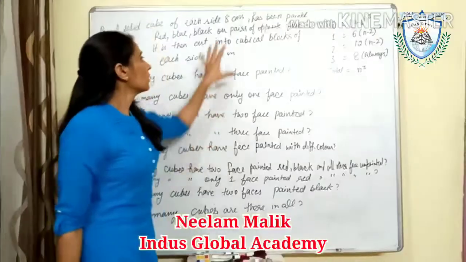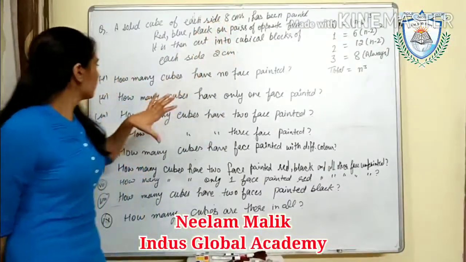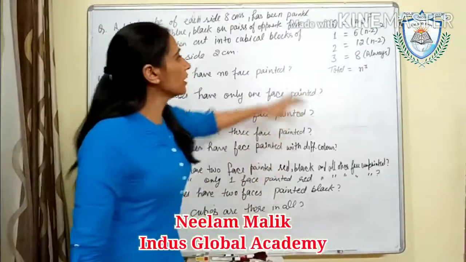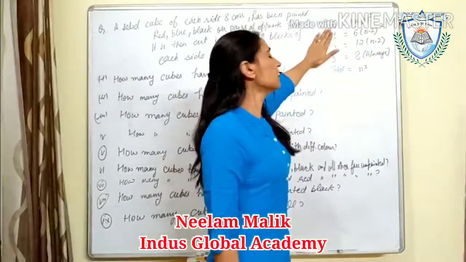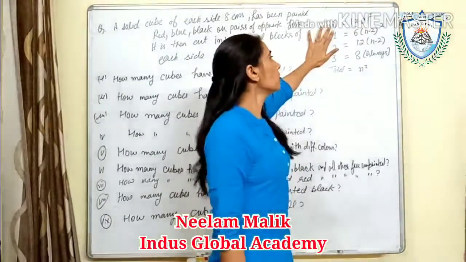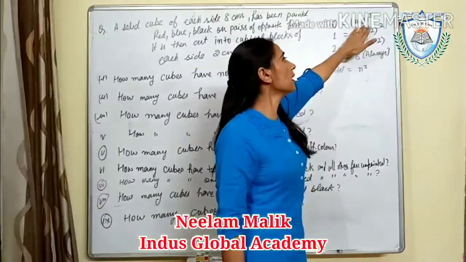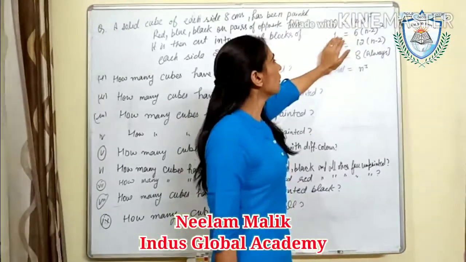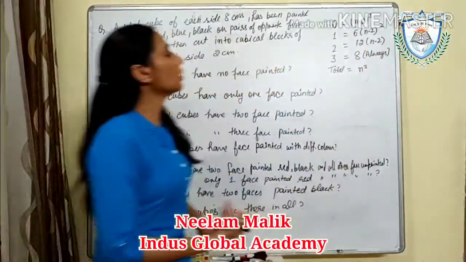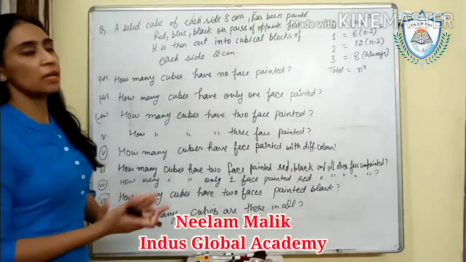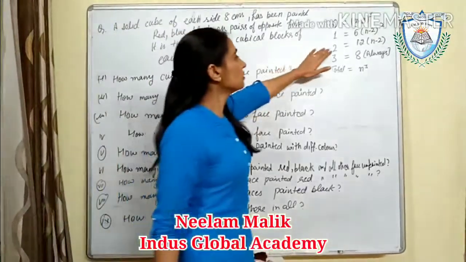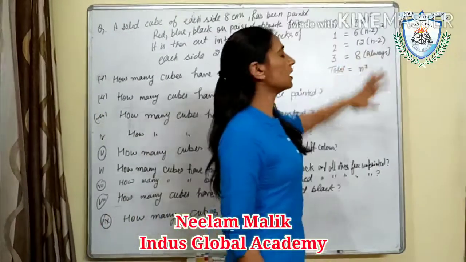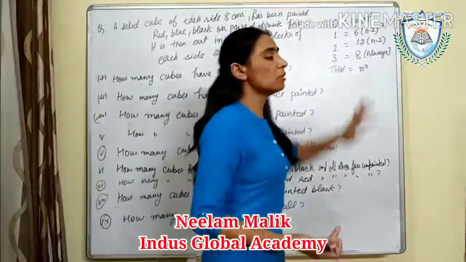Hello students, here one statement is given related to a cube and some questions are asked, so we will do them one by one. I have written the formulas here. The number of cubes having no color faces is n minus 2 whole cube. Cubes having only one color face is 6 into n minus 2 whole square. The number of cubes having only two colors is 12 into n minus 2. The number of cubes having 3 colors is 8, always fixed, and the total number of cubes is equal to